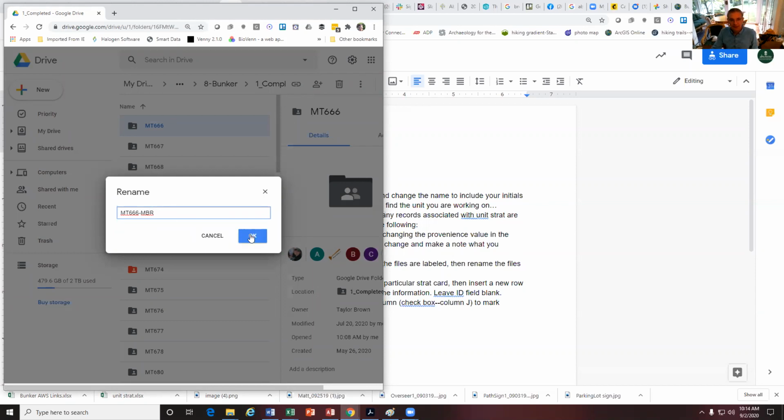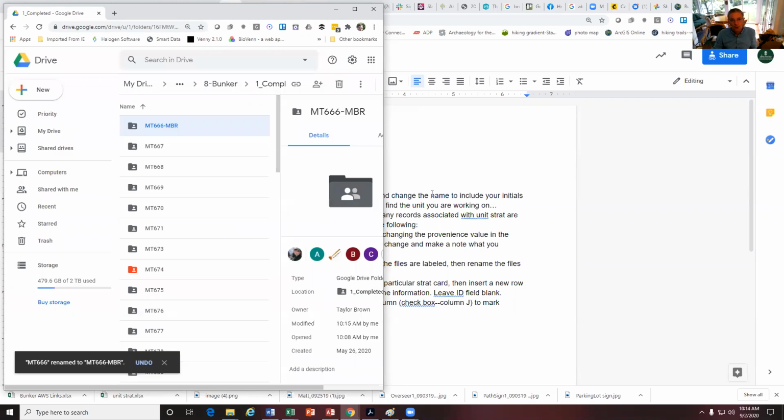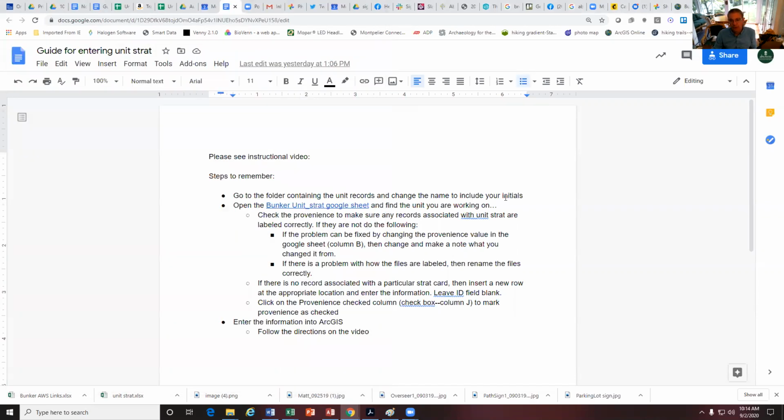And it'd be best just to do, everybody will have their own card or folder that they do, and then just complete that. And in this case, I'll go ahead and take my name off of this when I'm done with this session right here. So go to the folder, enter your initials, and then what you also want to do after that